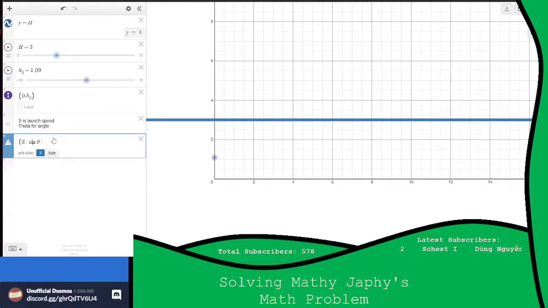Wait, how if I just did this? Oh wait, shoot, they're mixed up. Cosine s times sine theta. We need to add s. Oh, and then we need to add this to h naught plus